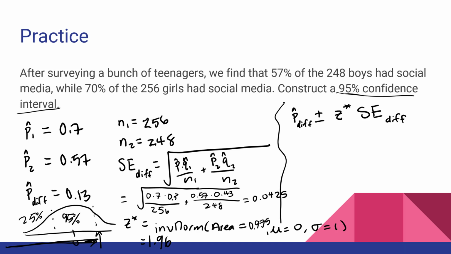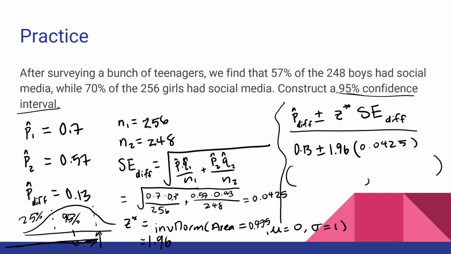So we have all the numbers we need now. We just have to plug it into our formula here. So our confidence interval is equal to 0.13 plus or minus our z-critical value of 1.96 times our standard error of 0.0425. That makes our final interval equal to 0.0466 to 0.2134. Because this is all in proportions, that means our 0.0466 is equal to 4.66%, and our 0.2134 is equal